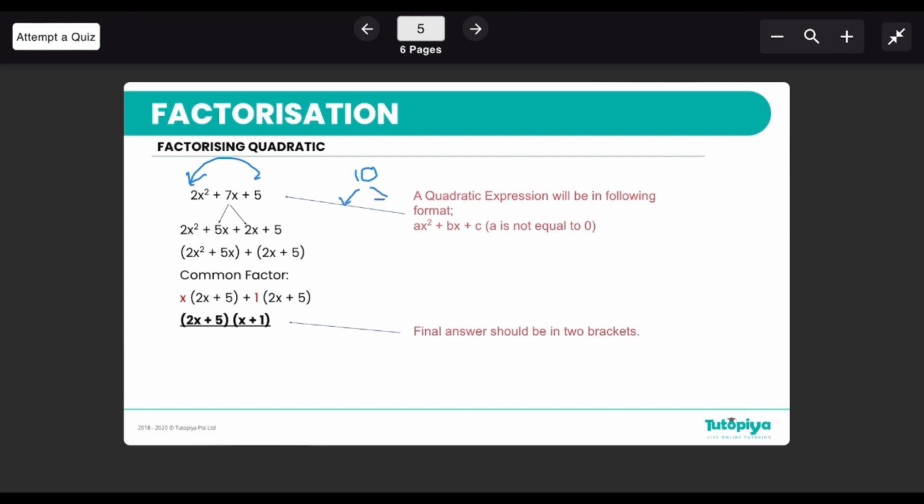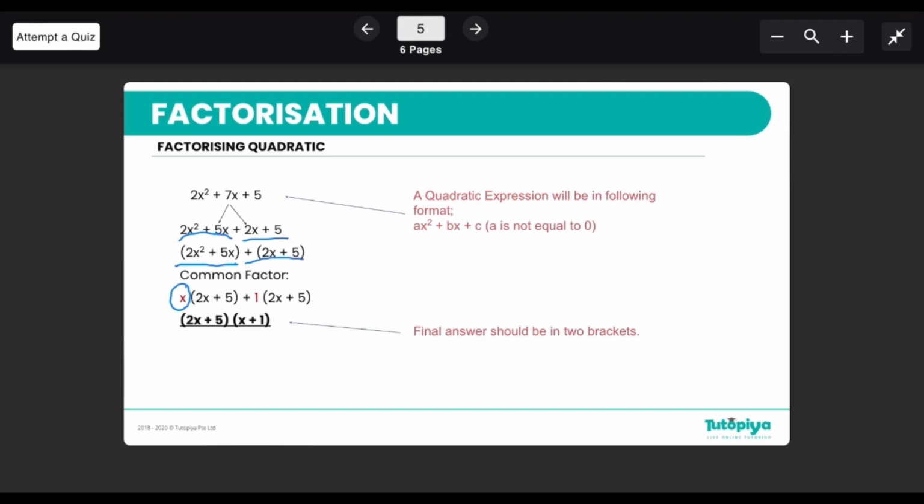And if I list down the factors here, I have 1 times 10, 2 times 5, and that's it. And out of these two, you can see that I need 7x for the center. So that means I need to take 5 and 2 as the required factors. And what you do in the next step is basically break down the first line using the two factors that you obtained, and then you're going to use that common factor between the first two terms and the second two terms method here. So the common factor that I can take out for the first two terms is an x,